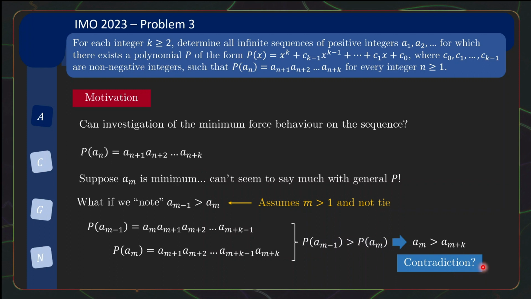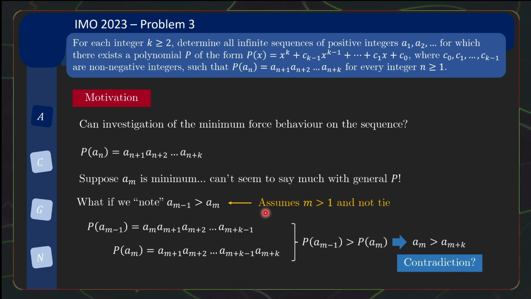So what went wrong that led to this contradiction? Well, the only place that went wrong is essentially we assumed that we can write this thing down, which means we assumed this stuff here, right? Well, obviously we can fix the issue of tie by saying that I'm going to take the smallest index where the minimum occurs. So I can always ensure that I don't have a tie. So this whole logic will carry through and we still get a contradiction. So it must be the case that